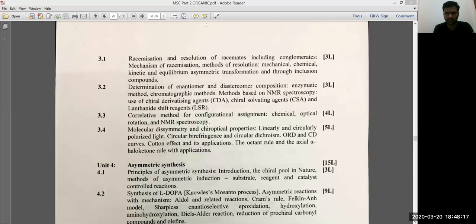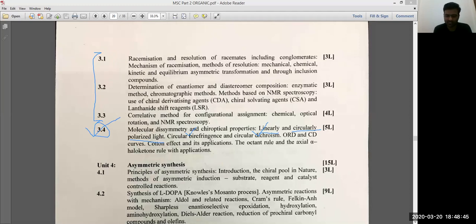Let's just quickly run down the syllabus. What we've done already with respect to the syllabus is 3.1 to 3.3 that we've covered already, right? Yes. 3.4, what we've looked at is the difference between linearly and circularly polarized light, right? Yes. We've come across the concept of circular birefringence as well as circular dichroism, whereby circular birefringence only refers to